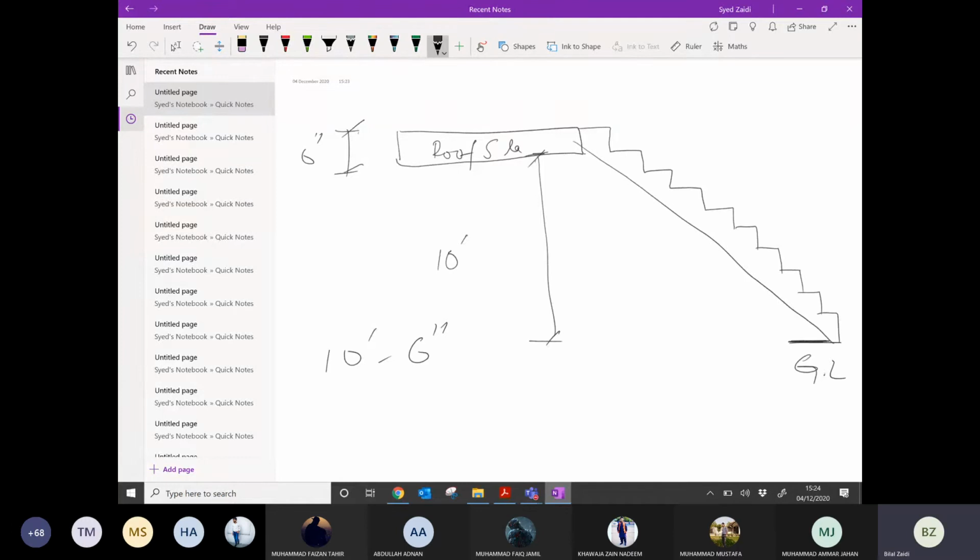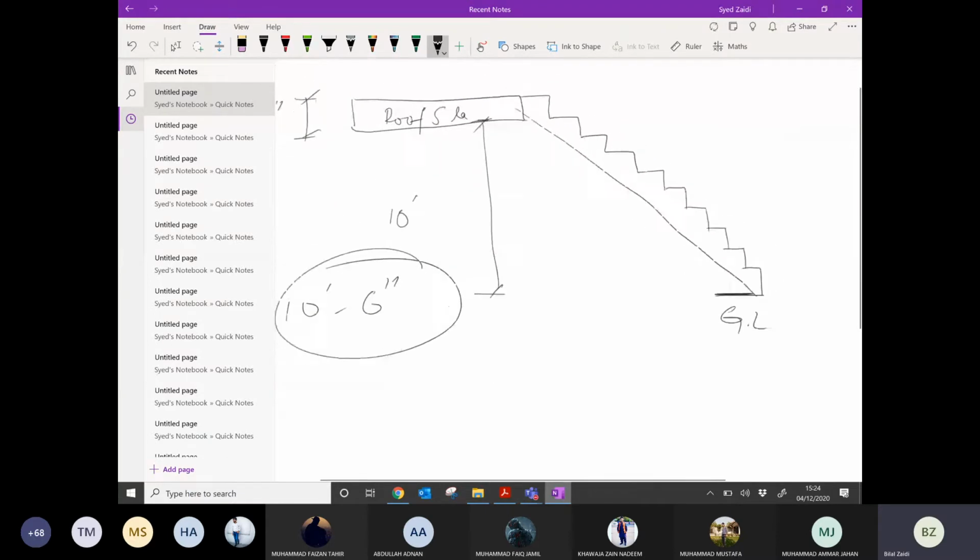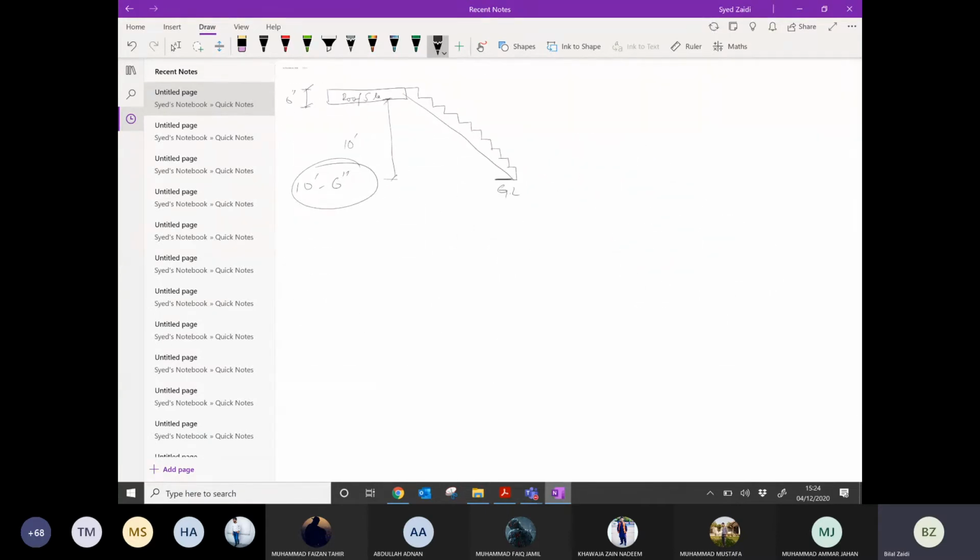For example, if you want to reach 10 feet 6 inches, how will you calculate the number of steps, or number of rises? Number of rises will be equal to total height, which is 10 feet 6 inches. You need to convert that into inches first. 10 feet in inches means 10 into 12 plus 6 inches, divided by the height of one riser.